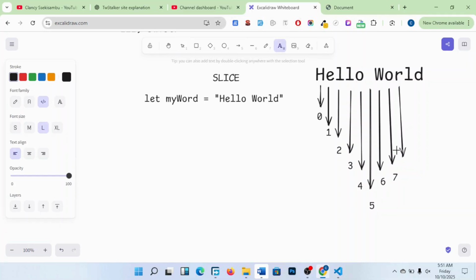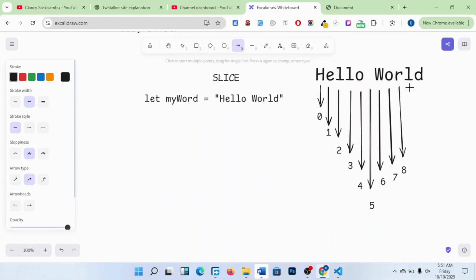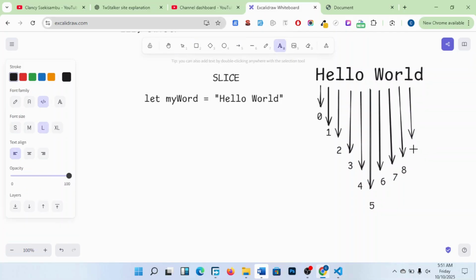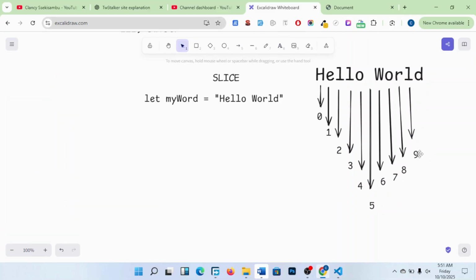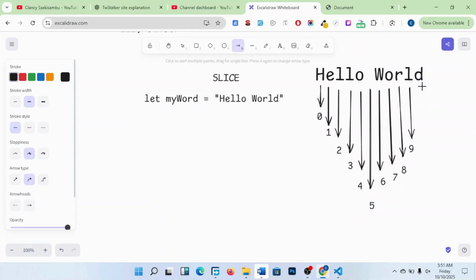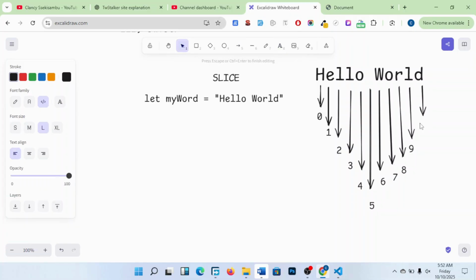The positions now. Don't confuse positions with length, members. Please don't confuse positions with length. Okay? 8. Then this one here is 9. Then this one here is 10. The last one is 10. Okay? So members, all I want to tell you is